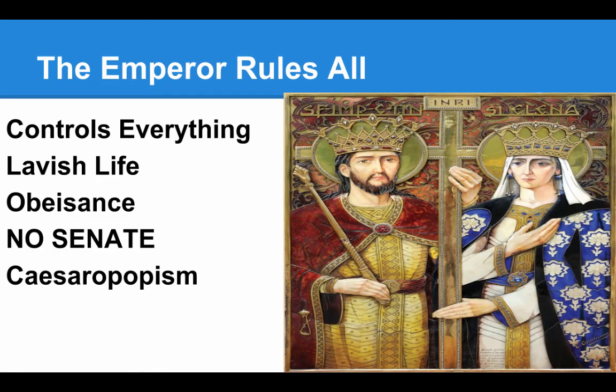What he also establishes is the concept that the emperor rules any and all things. And you'll see this in Byzantium. This is where we get the concept of a huge jeweled crown, a scepter, a throne, that the emperor should be lavish and he should wear rich clothing. Not that other emperors didn't do this beforehand, but this actually becomes the mold for the European king. And this is really important to understand. Okay, the idea of the obeisance, if you will, to the emperor or the king. You actually bow down before him, you kiss the ground before him.